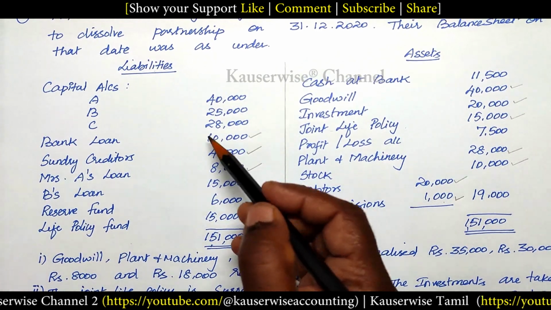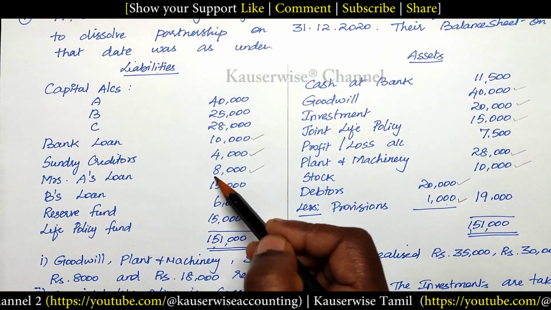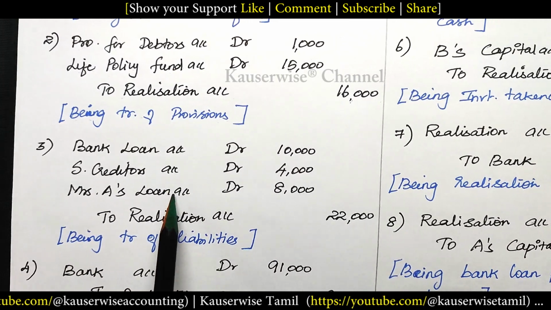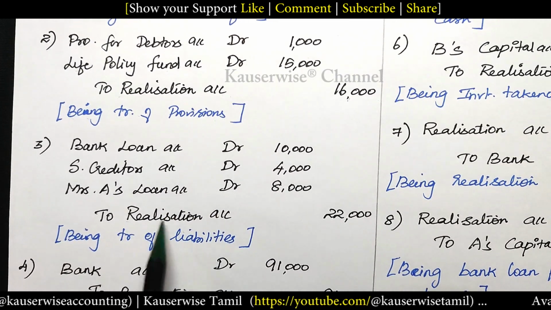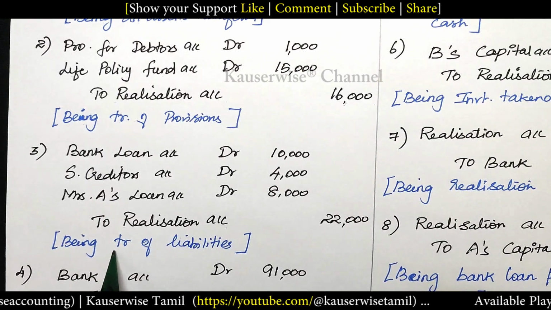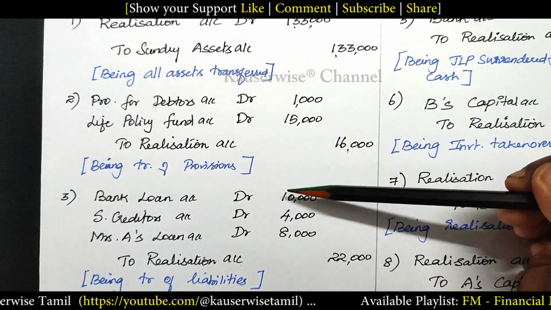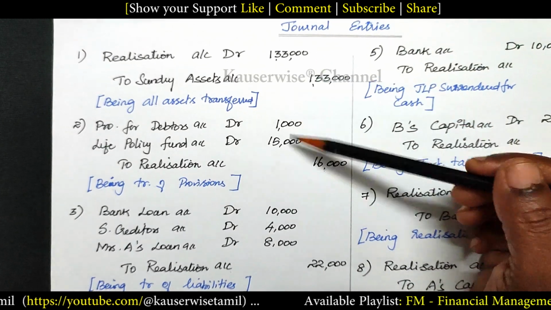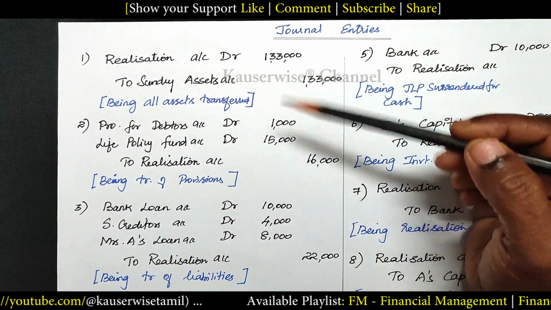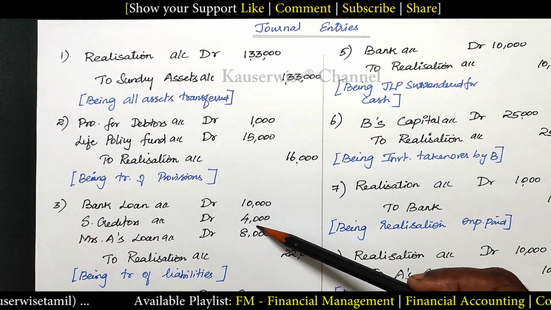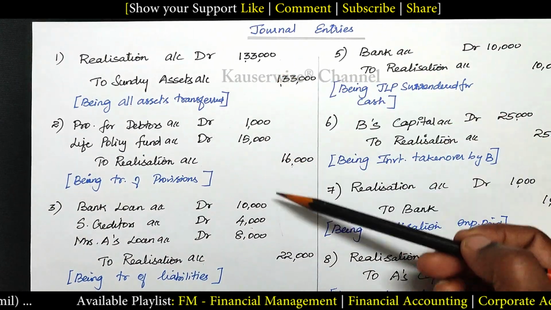We need to transfer these liabilities to realization account. So journal entry: all the third party liabilities account debit to realization account, being transfer of liabilities. So these are the three important entries you have to make in order to close all the assets, provisions and third party liabilities. Okay, after doing these three things,